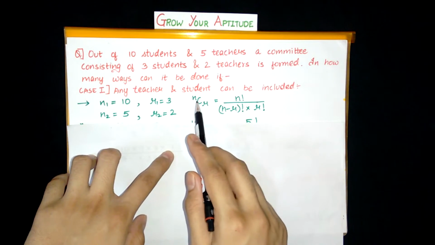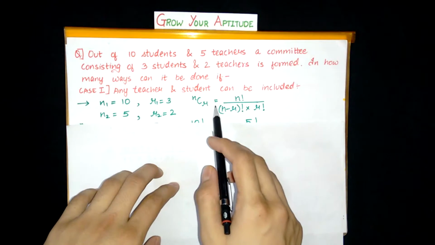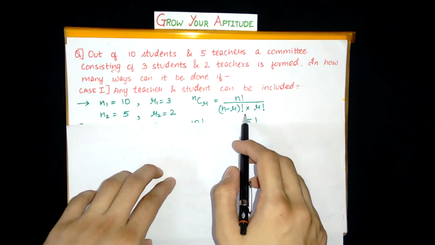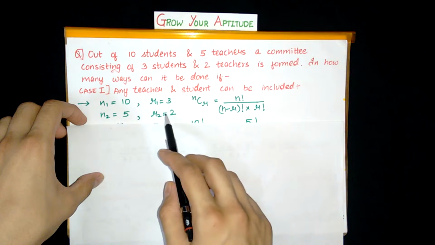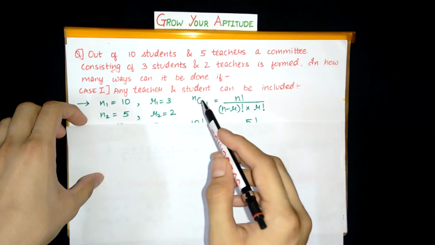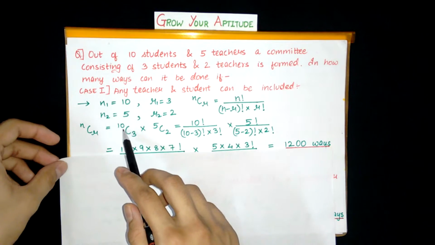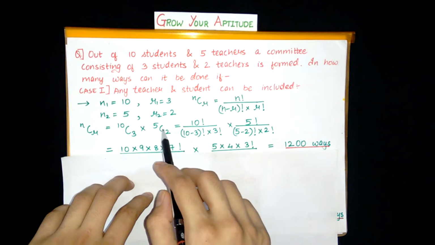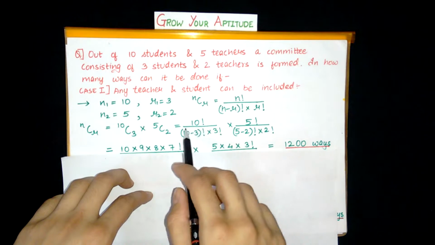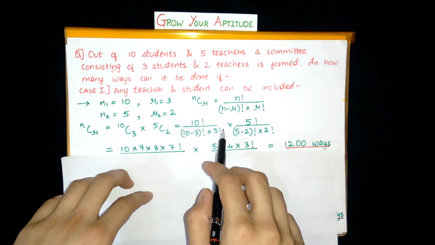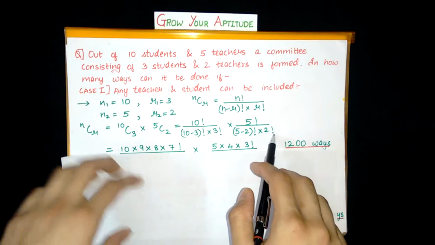So by the basic formula of combination, what we learned in the last tutorial, NCR would be N factorial divided by N minus R factorial into R factorial. And when we apply these values of N and R in the formula of combination, we get NCR is equal to 10C3 into 5C2, which is equal to 10 factorial divided by 10 minus 3 factorial into 3 factorial, into 5 factorial divided by 5 minus 2 factorial into 2 factorial